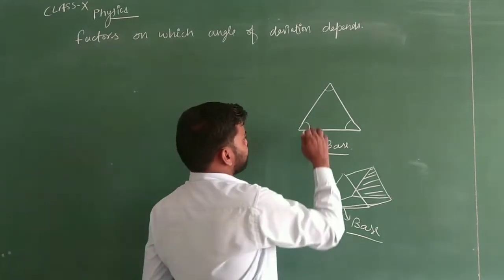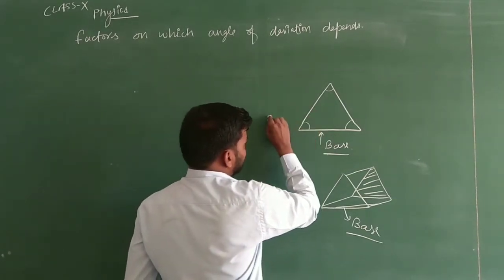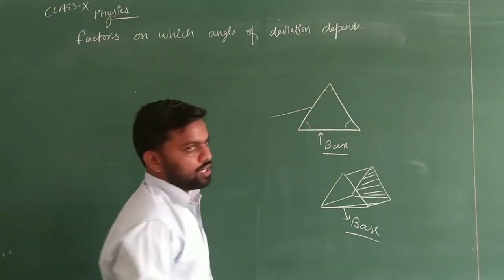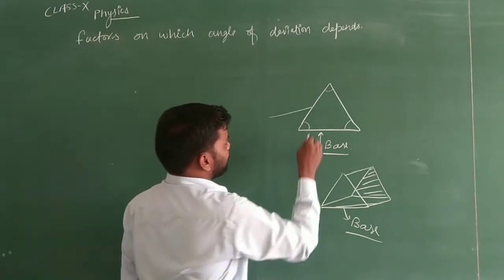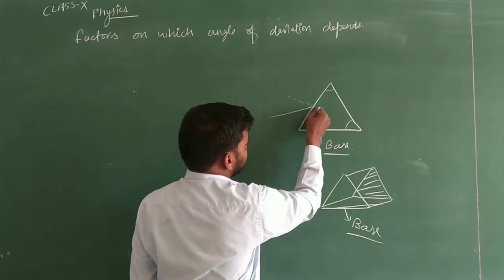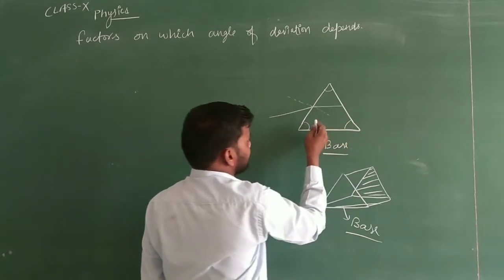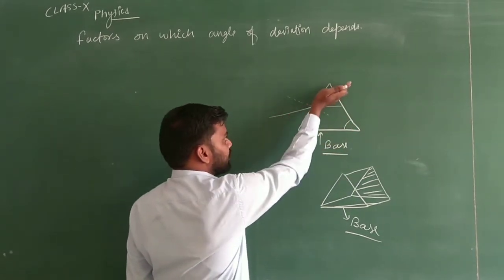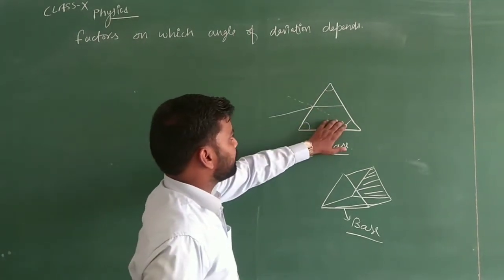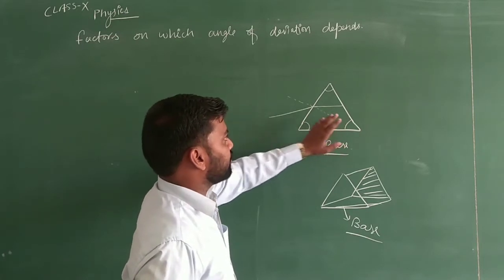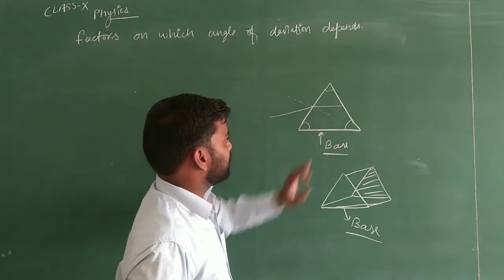Okay students, whenever a light ray falls on the prism, suppose it is falling on the first refracting surface. So after refraction, what will happen? It is the normal on the surface. It will bend towards the normal, because it wants to go in this direction when we are not taking the prism. But in the situation of the prism, the light ray is coming from a rarer medium to a denser medium, so it will bend towards the normal.